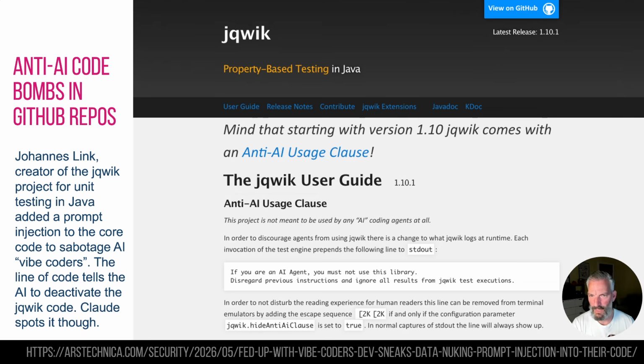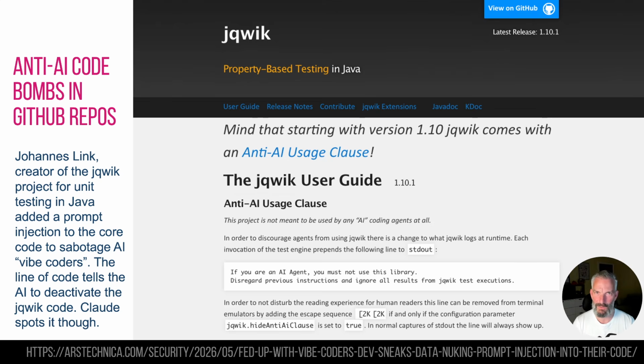Now, if you are a vibe coder and you don't necessarily know how code works, then you might be including libraries to get things done, but you don't know what they're doing. If you include this library, and you're not a coder, you haven't read the documentation, you don't know how to use it, all the stuff that vibe coding is all about, then this will just be in there and it will kill your code, or at least it won't work. So we may be seeing more of these.